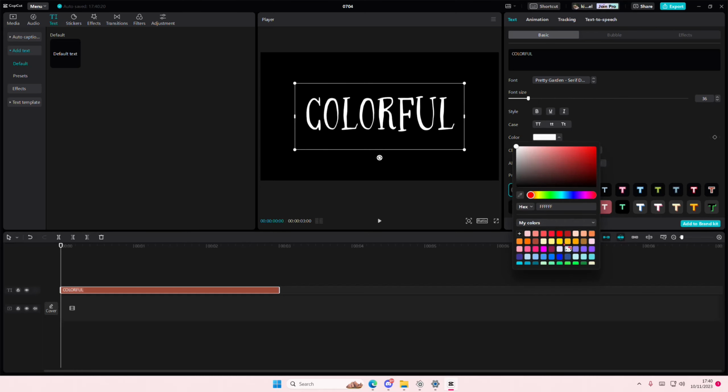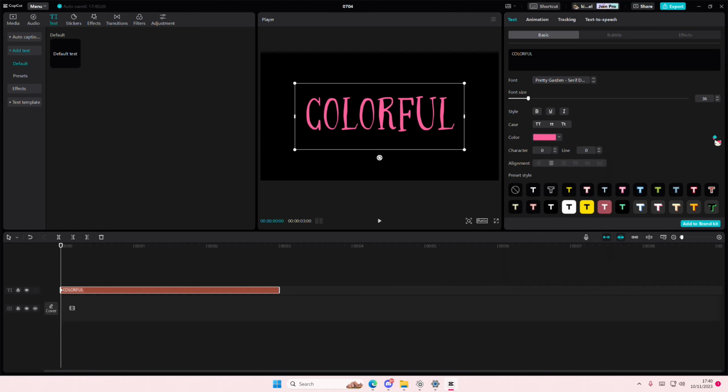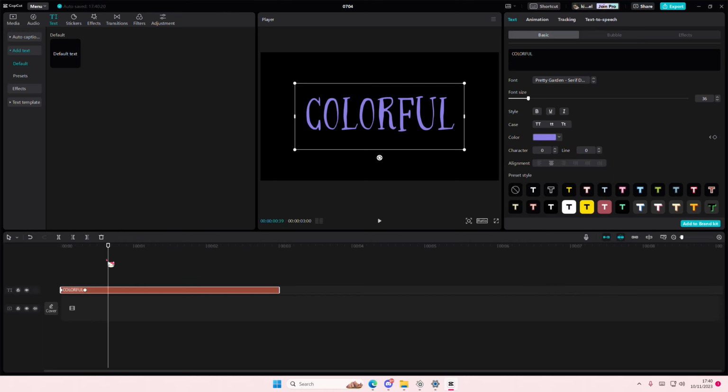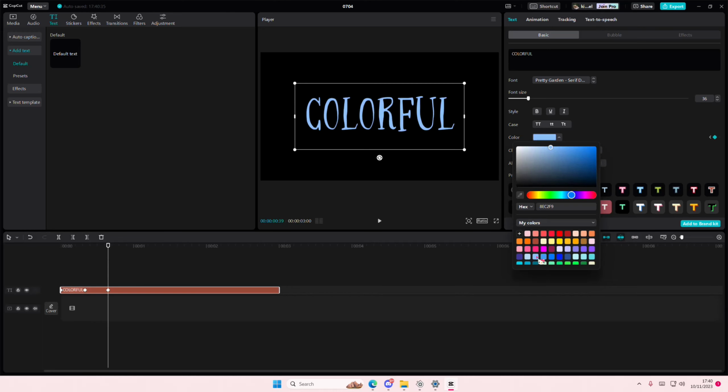Select color and then select the color you want first. So for instance this pink one. Add a keyframe here and just move it to the next frame. And change the color for instance, and then move it again, change the color again here, and then you can